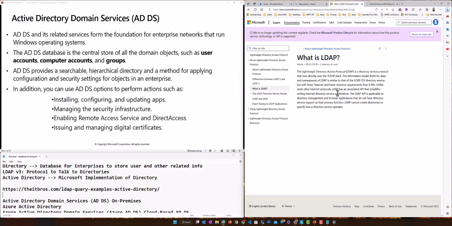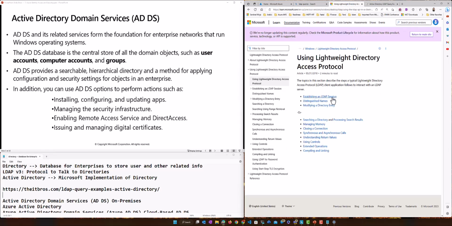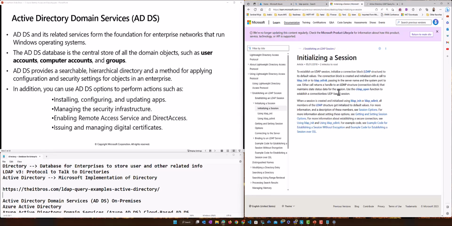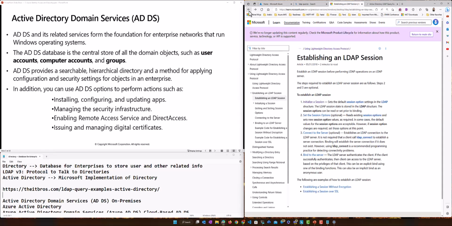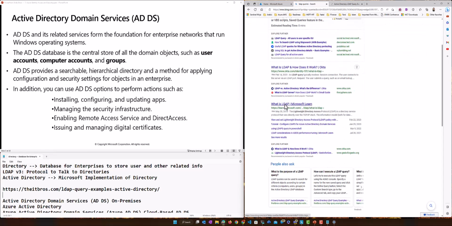Okay, so it's directly this one. I'm trying to see if they can do this one using Lightweight Directory Access Protocol. This is what they have done, basically to do it from the programming perspective, right? You can do it in C, C++. All the APIs are built into Windows actually for all these things. So yeah.